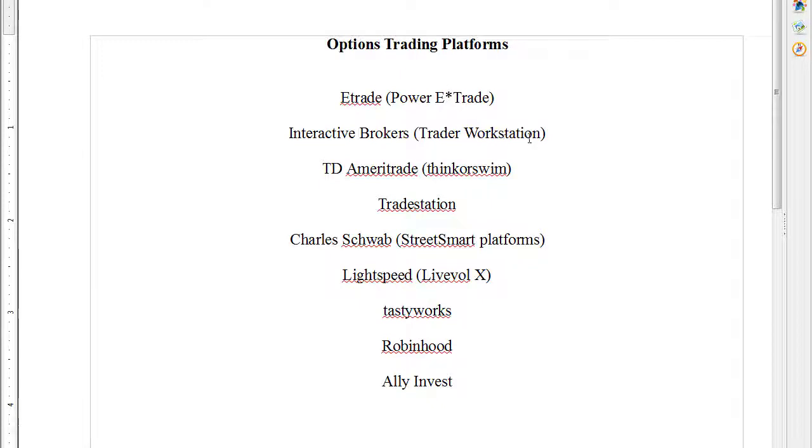And actually, I'll do a little demo with Interactive Brokers towards the end of this. So then we have TD Ameritrade, and they use the Thinkorswim platform, and they purchased Thinkorswim. Thinkorswim used to be an independent company, and it is a very powerful, intuitive, easy-to-use platform. It's good for the beginner trader and the advanced trader. It's not the cheapest platform in the whole wide world,